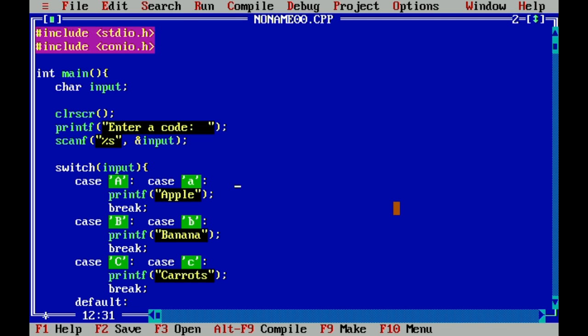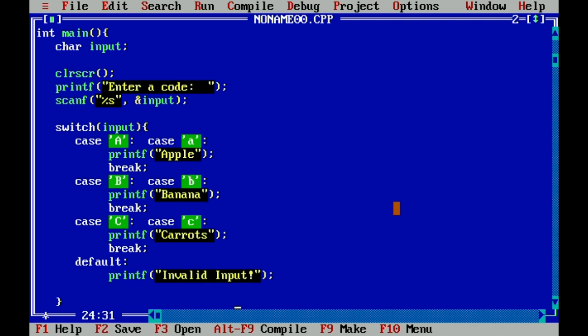So if you have an if-else statement that uses the double equal sign, or the equal to sign, then we can convert that type of if-else statement into a switch case statement. So let's take a look at our example here.